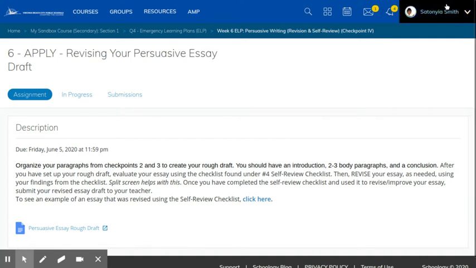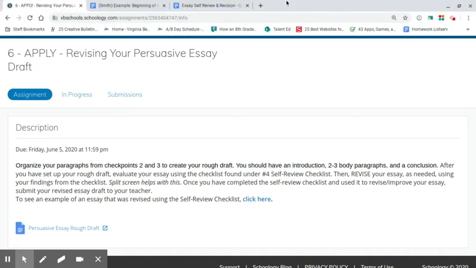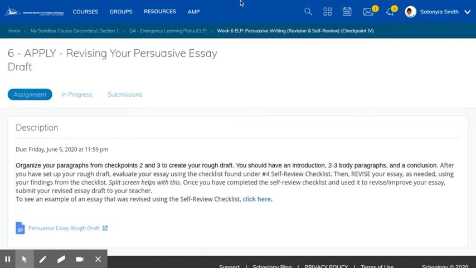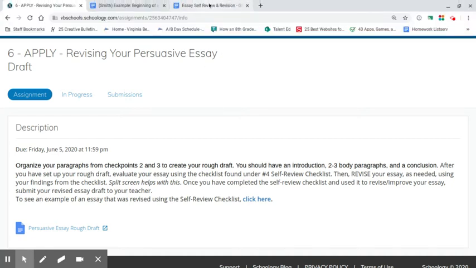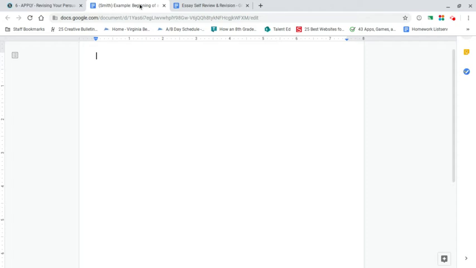Okay, so over the past couple of weeks, you have been working on your persuasive essay, and you need to go ahead and get those components so that you can put them in this document. And let me go ahead and pull up the template. All right. So once you have that document pulled up, you'll see that the first thing that you need